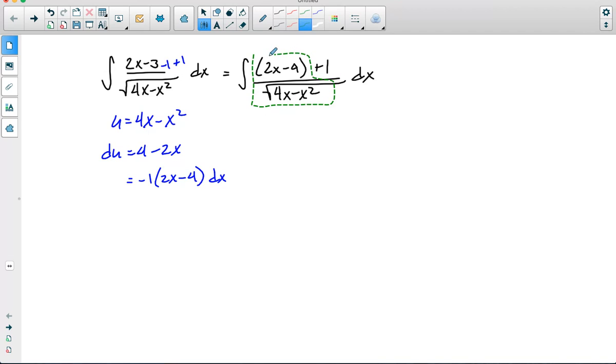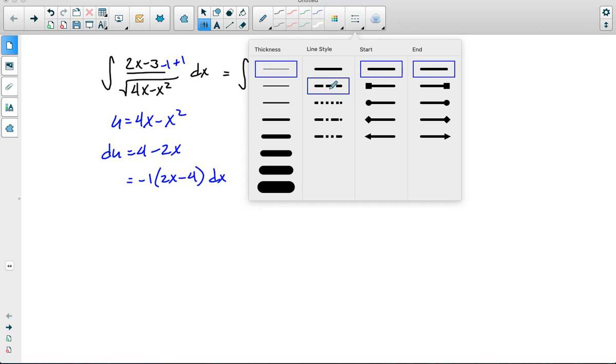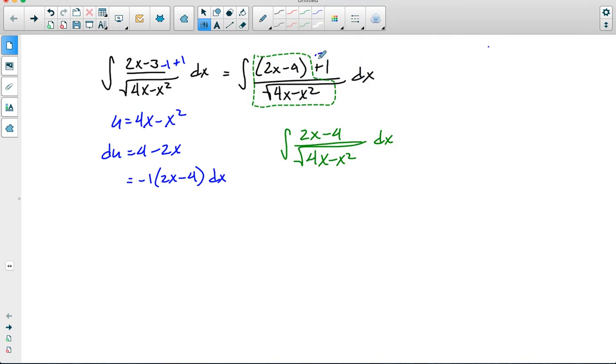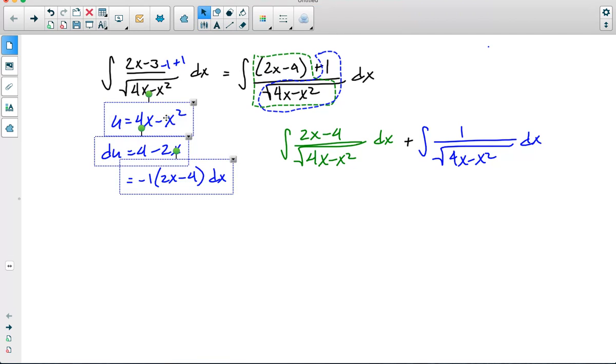I can group that and do one antiderivative of 2x minus 4 over the square root of 4x minus x squared. And then I can group this one, the 1 over all that, and I can do plus the antiderivative of 1 over root 4x minus x squared. And both of these employ different techniques. The first one's going to be a little bit easier because this stuff that I did right here now applies